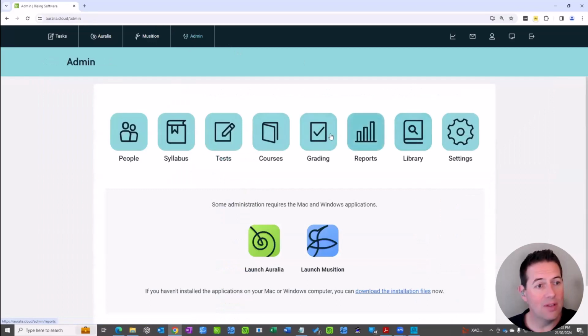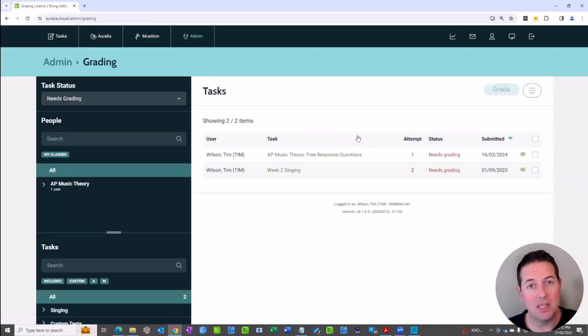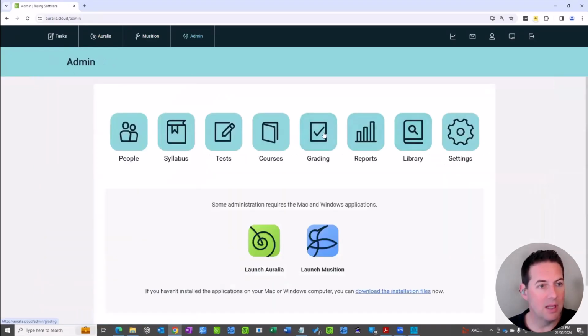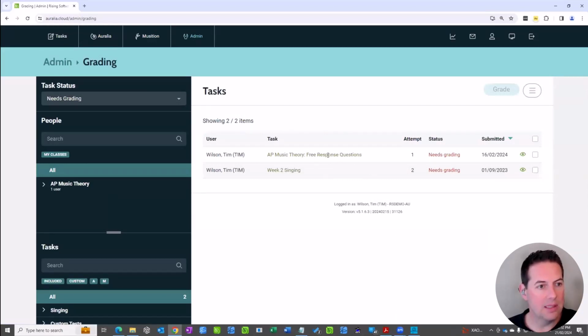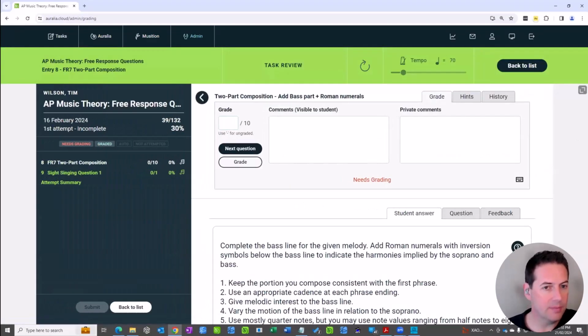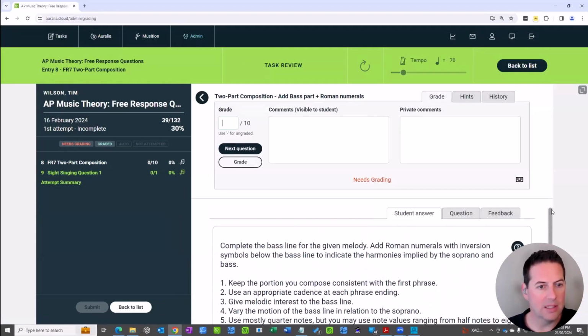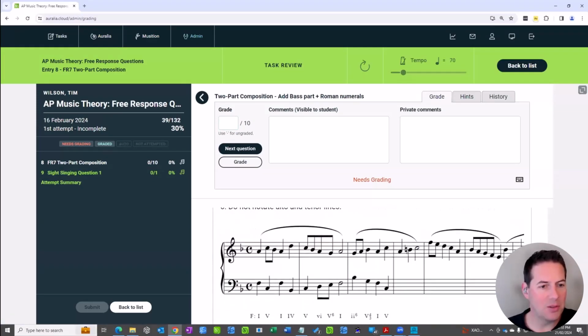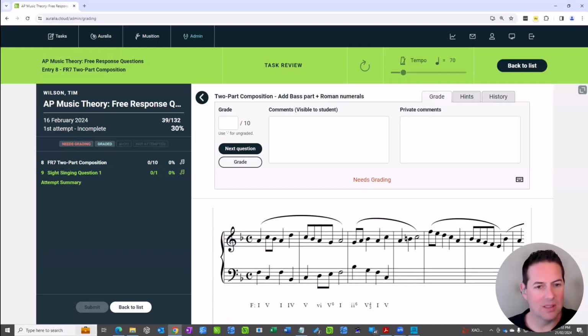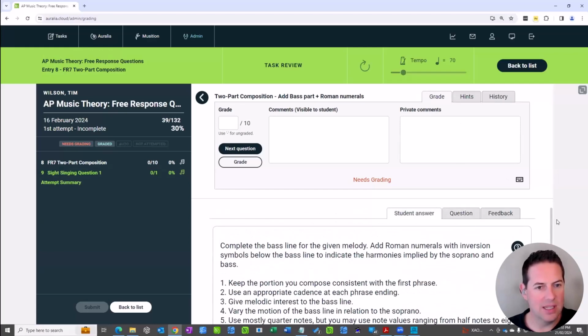If you do need to dive in and see exactly what students have entered for particular questions within a worksheet, you can go to the admin grading area. And this is an example of where you might come in and grade some of the free response questions here. So I can simply select this, and this was my terrible singing from before, but in here I can listen to this. This is the free response number 7. I can see exactly what the student entered there under the student answer,